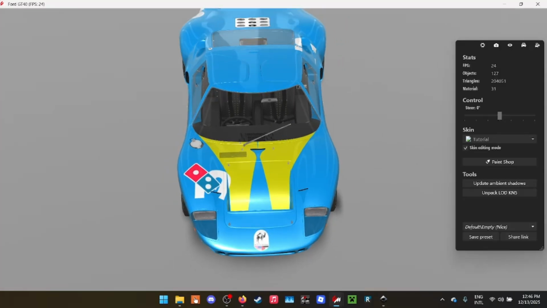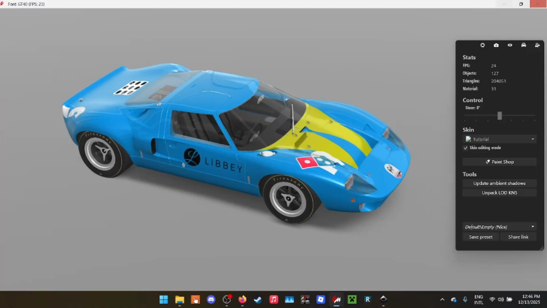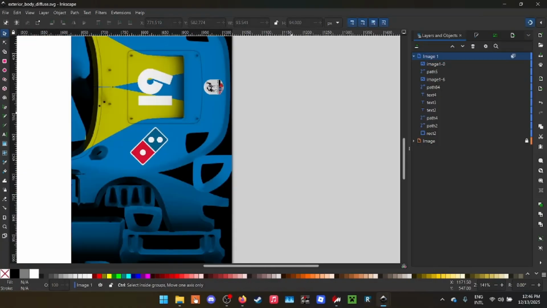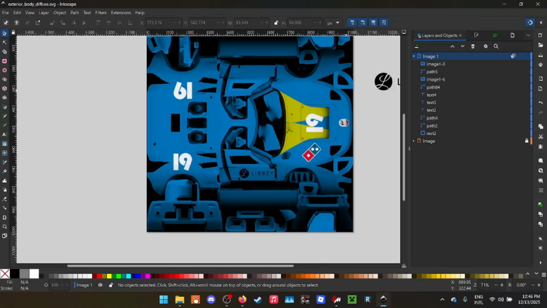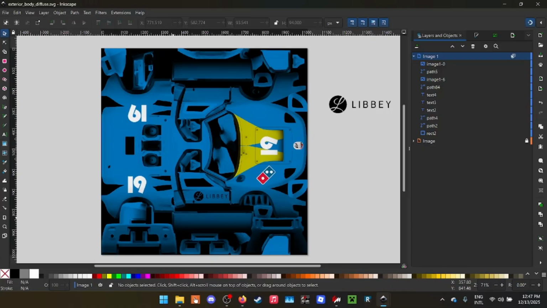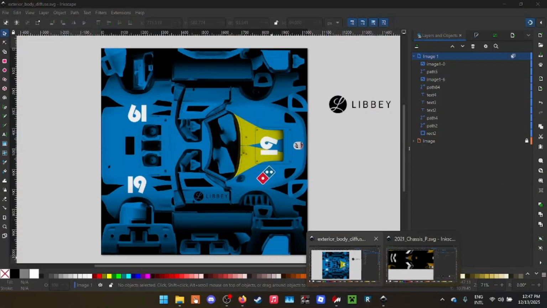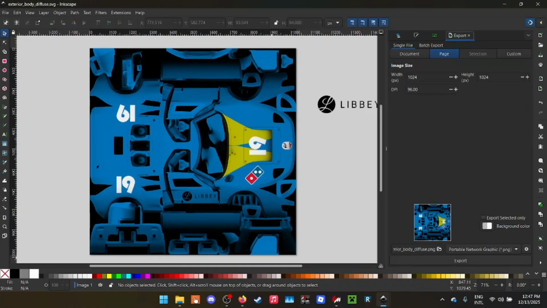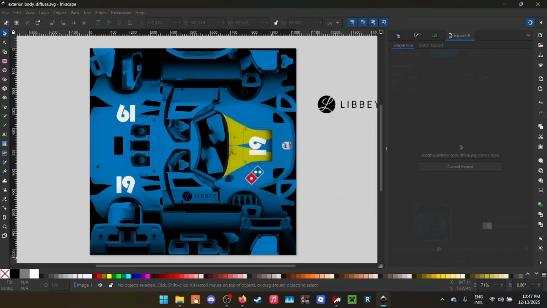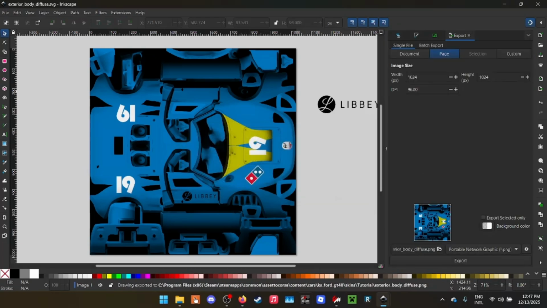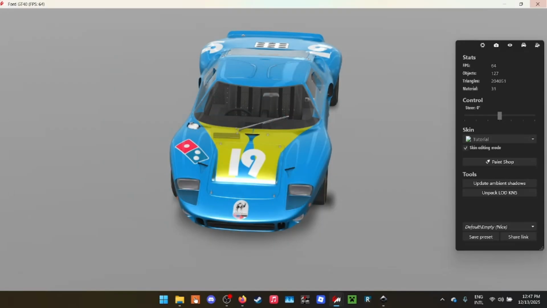Looks horrible, but yet again, this is a tutorial on how to make liveries look good. It's a tutorial on how to make liveries. So now we have our masterpiece over here. I'm going to do one last export to PNG,